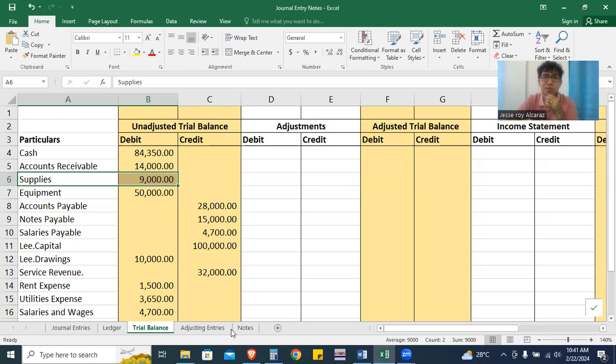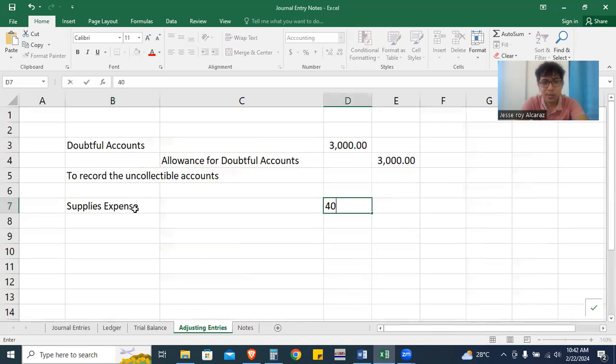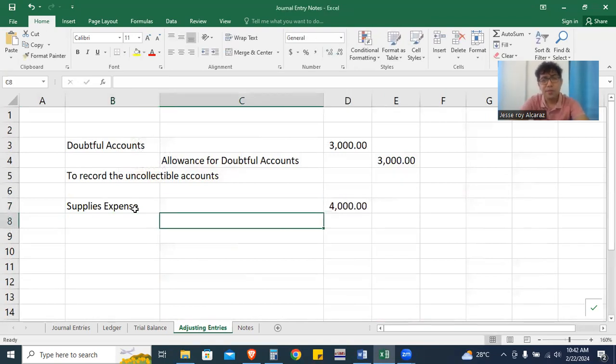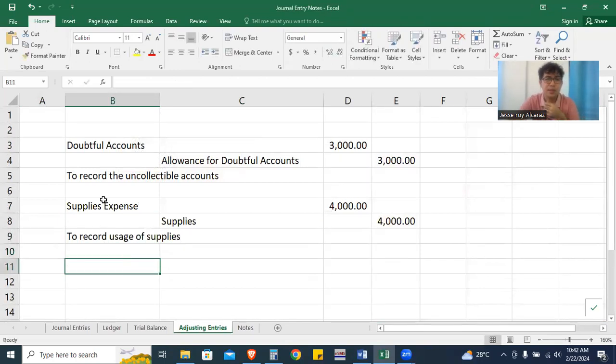Therefore, we need to deduct 4,000 pesos to make our balance correct. So, since na may nagamit, we will be assuming na na-consume or nagamit ang katong maong 4,000. Therefore, we will be recording supplies expense 4,000 pesos. And then, from 9,000, we have to reduce it to 5,000 pesos. Ito ang supplies. Therefore, we have to credit supplies 4,000 pesos. To record usage of supplies. Okay, next would be